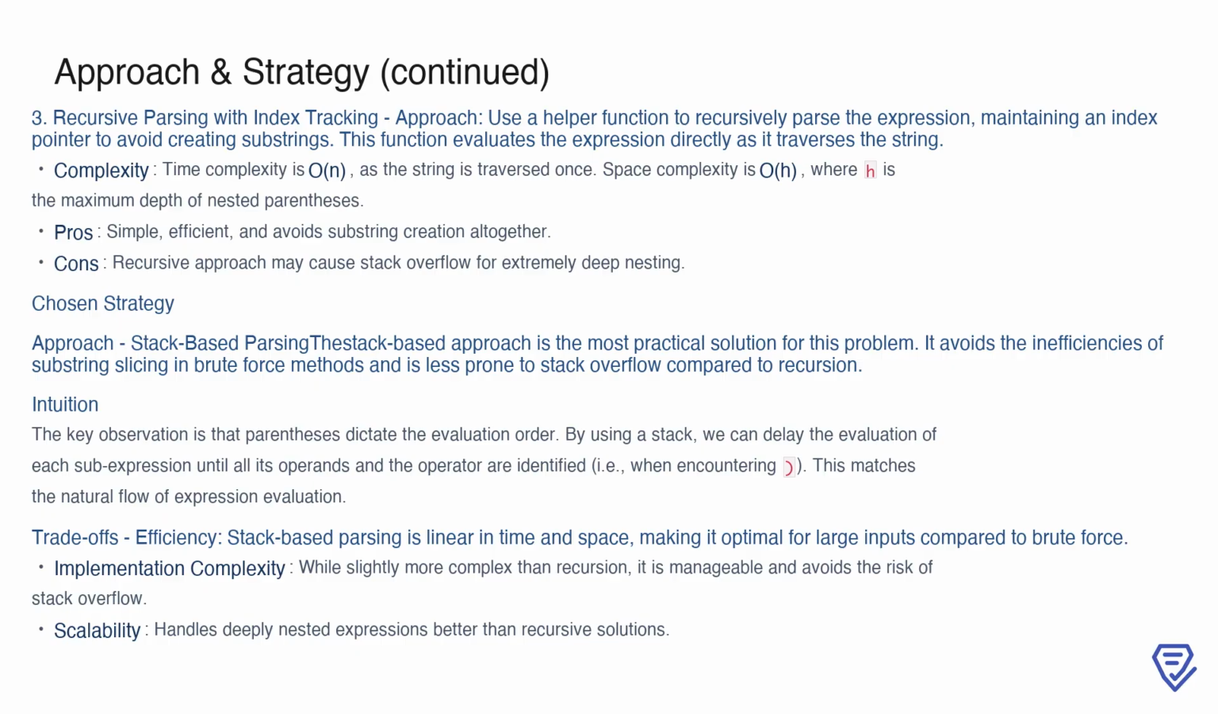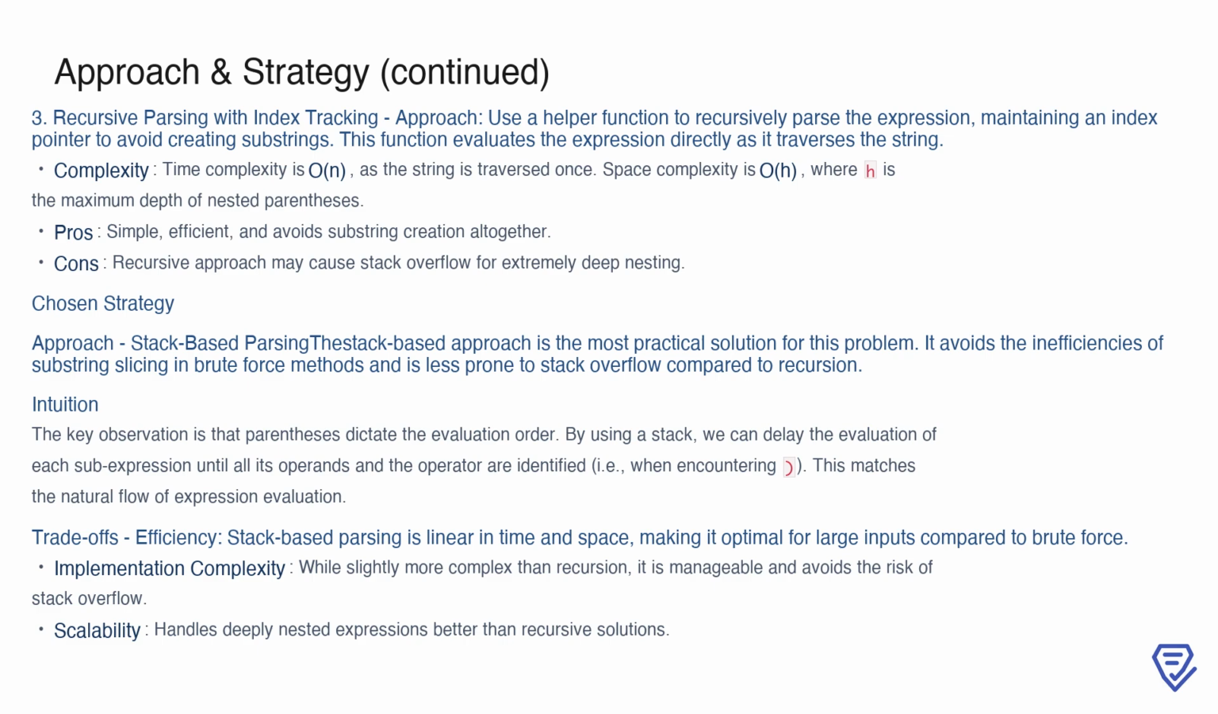This method runs in O(n) time complexity because the string is traversed only once. Additionally, the space complexity is O(h), where h represents the maximum depth of nested parentheses, as recursion depth corresponds to the nesting level. The primary advantage here is the elimination of substring creation, making it simpler and more efficient than brute force parsing. However, it's important to note that this approach is still vulnerable to stack overflow in cases of